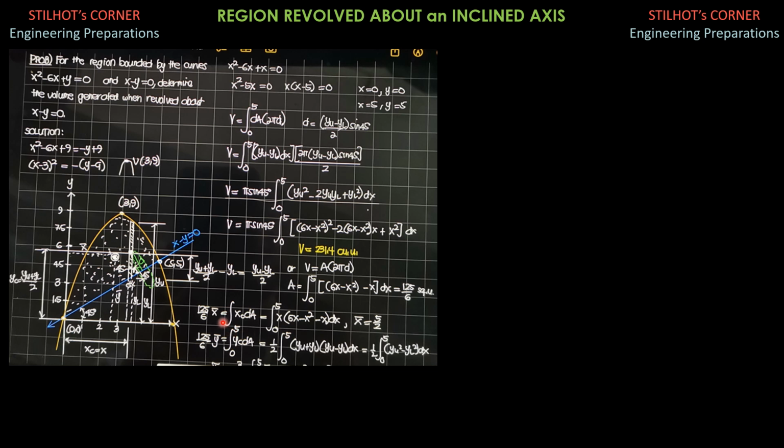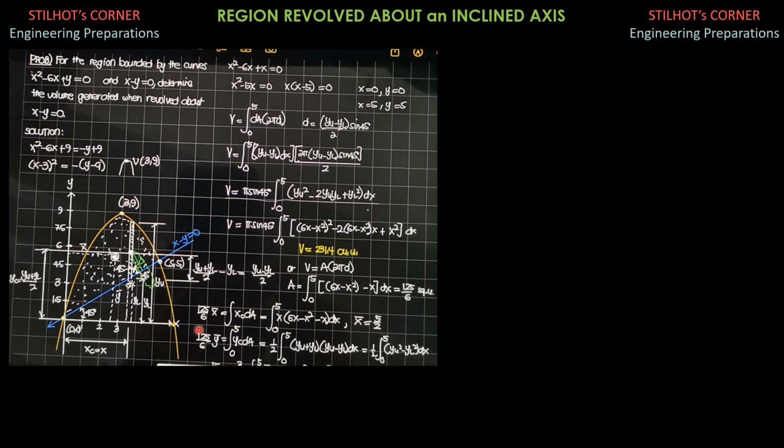Then by first moment of mass concept, or Varignon's theorem, the moment of the area with respect to the y-axis is area times barred x equals integral of x sub c dA, where x sub c is the x coordinate of the centroid of the differential element, which is just x, because this is a vertical strip. Then it is integral of x dA, upper y minus lower y dx, and using your calculator, you will get 5 halves, or 2.5.